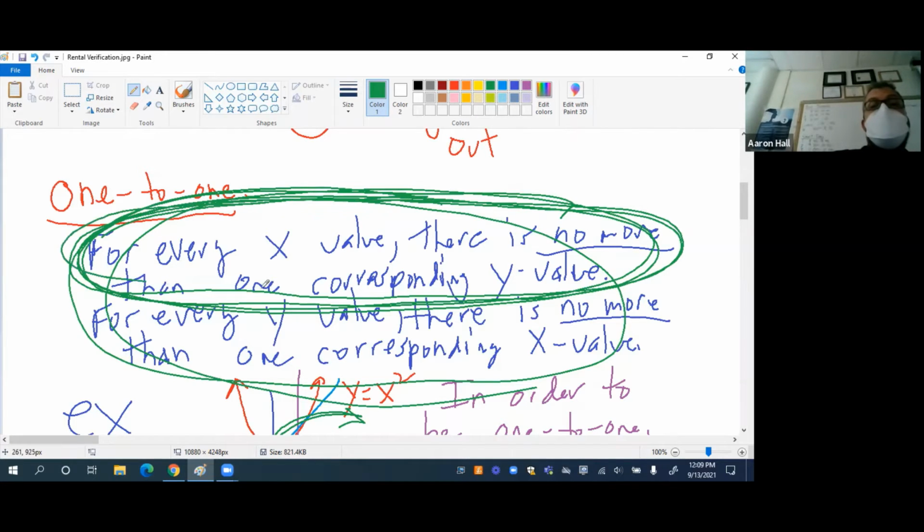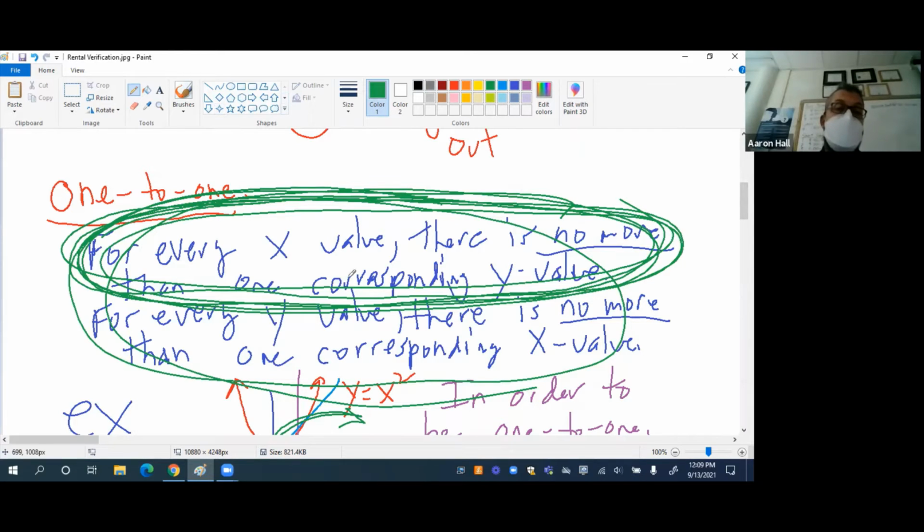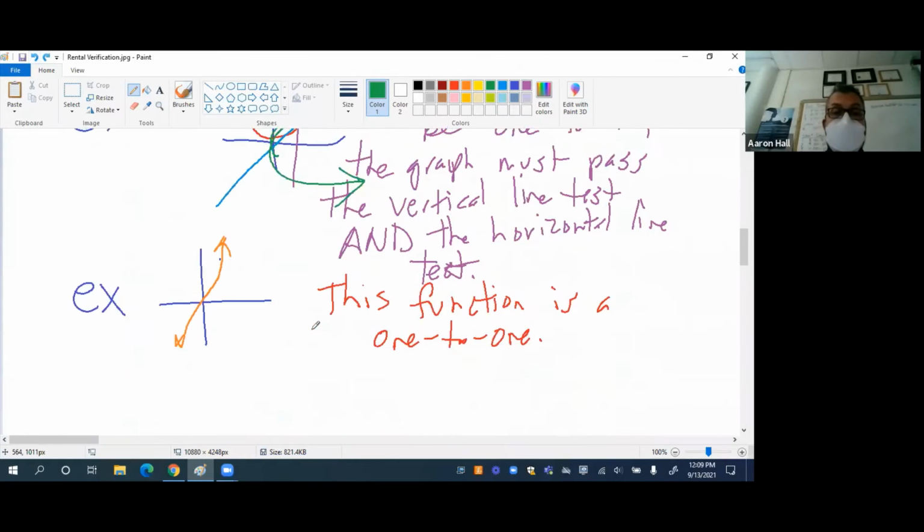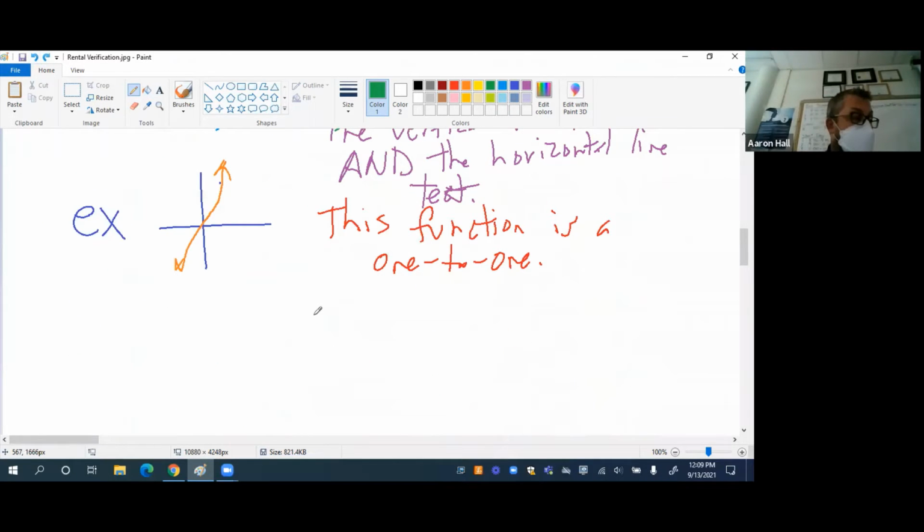If for every x value there's only one corresponding y value, it's a function. And then if it's both, then we call it one-to-one. Okay, so let's do an inverse. Here's an example. I want to find the inverse